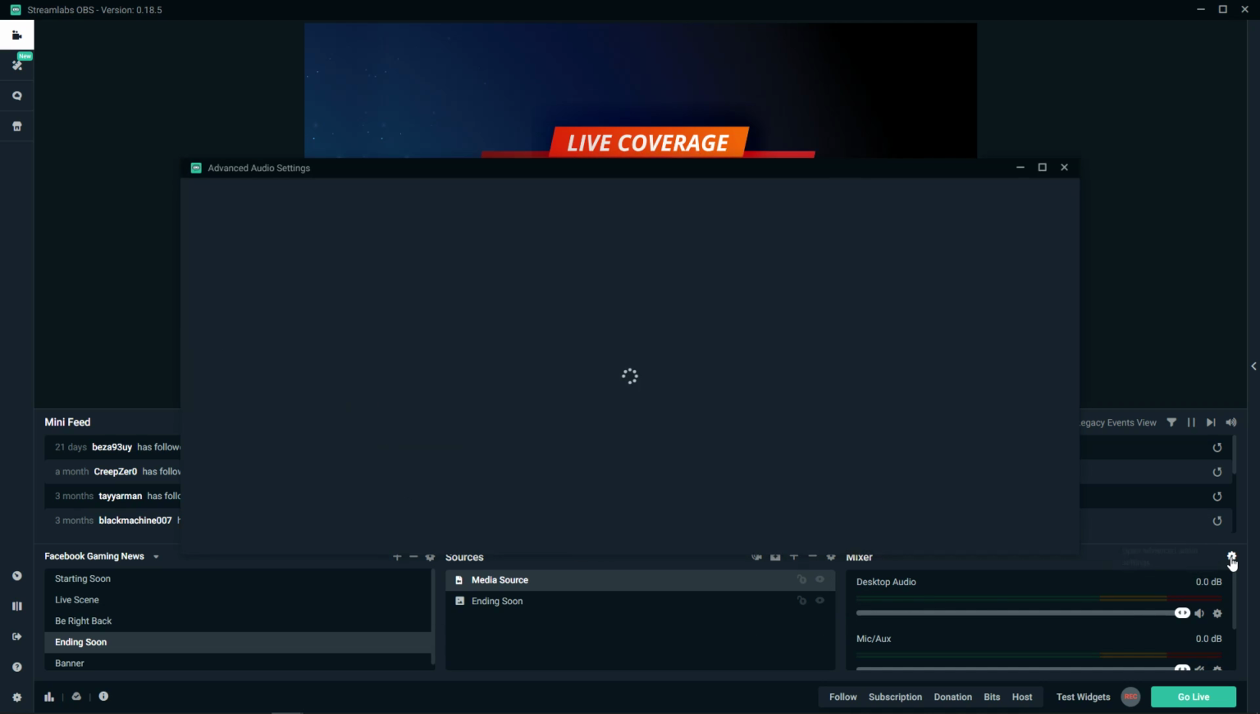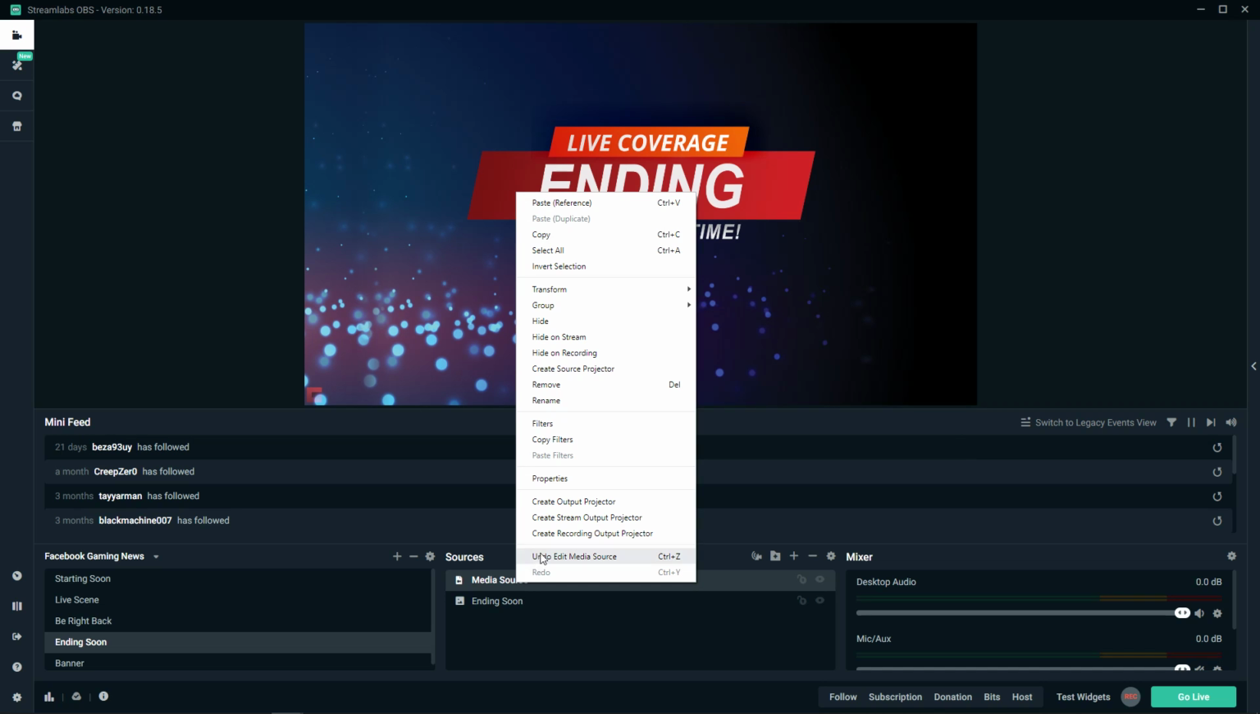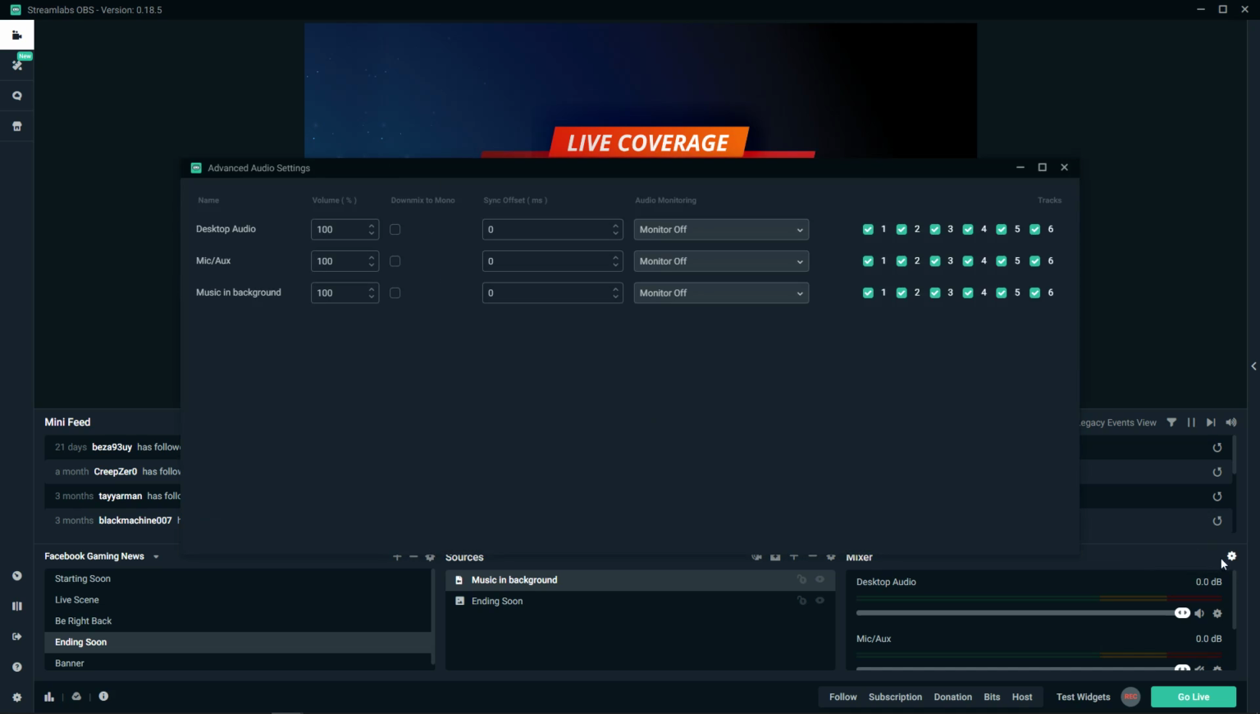Now what you want to do also is go to settings and advanced audio settings, and you will find here media source. You can also rename it. I recommend renaming it to music in background. Done. Let's go there again, and what you can do is,